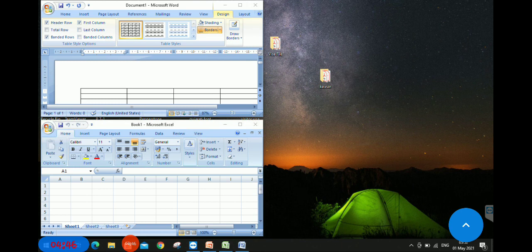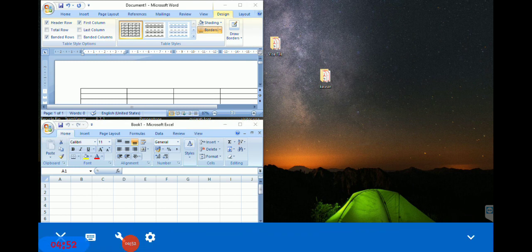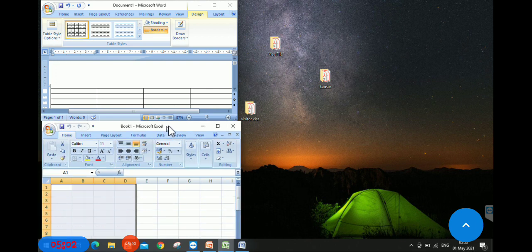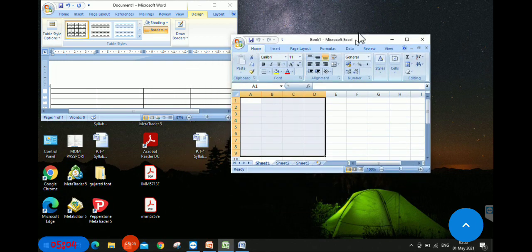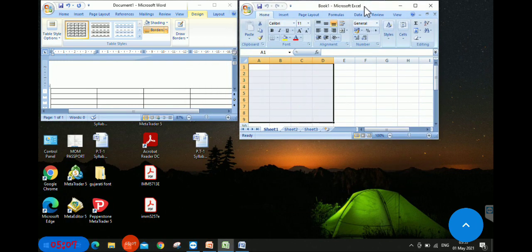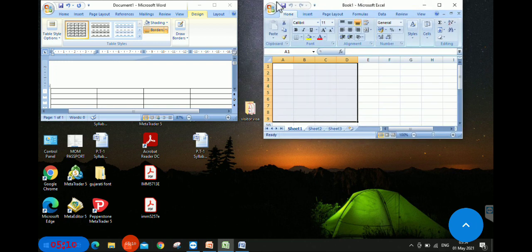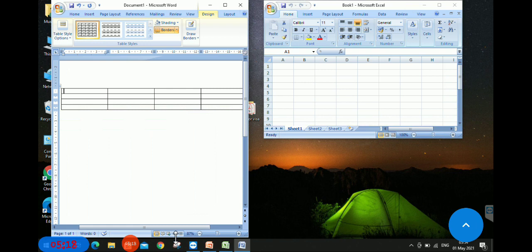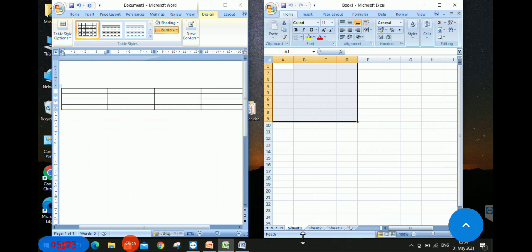Okay, let's arrange it. Now you can see, you have to click on a title bar, left button click, hold it down and drag it to the right hand side. This way. Now you can make your screen bigger also. By clicking on the edge of it, you will get one arrow. Just drag it downside. So one screen is big. Now the second one is the same way. Make it big. This way.